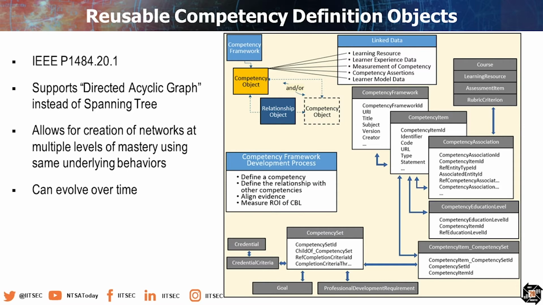So we talked a little bit about the 1484.20, which is the reusable competency definition object. One of the key findings in our research was that we needed to move away from traditional hierarchies to what's called a directed acyclic graph. What this does is it allows us to preserve additional context in the relationship between things. So not just that something is a child of a parent, but why it has been used as a child here. The other thing it does is it allows for multiple parents, or multiple inheritance,